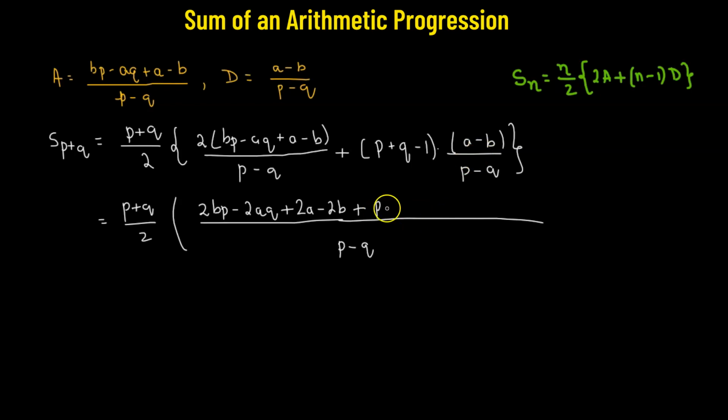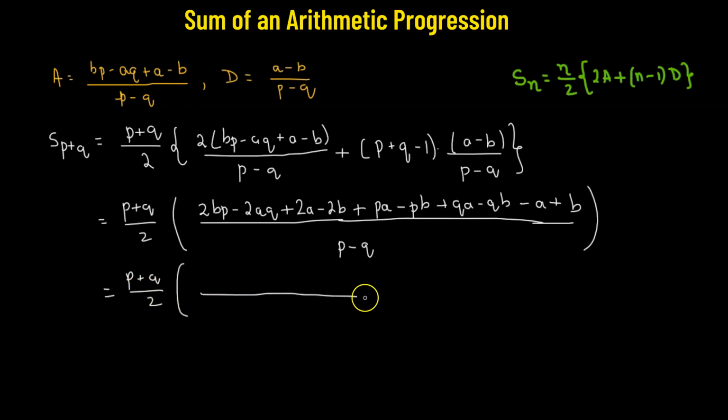So we have p times a minus p times b plus q times a minus q times b, then negative a plus b. Now we have p plus q over 2 multiplied by, in the denominator, p minus q. Now in the numerator